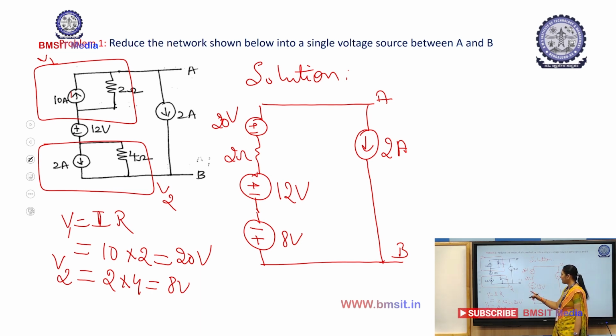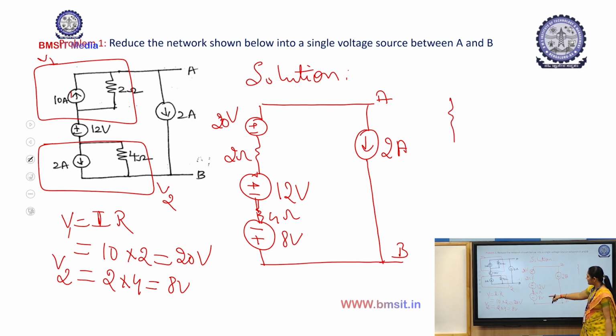One more thing, that 4 ohms should be in series with this source, so I'll just connect it here, 4 ohms. So now the practical current source is transformed into a practical voltage source. All the resistors I will rewrite and summarize as 4 ohms plus 2 ohms. So I'll add up these two: 4 plus 2,